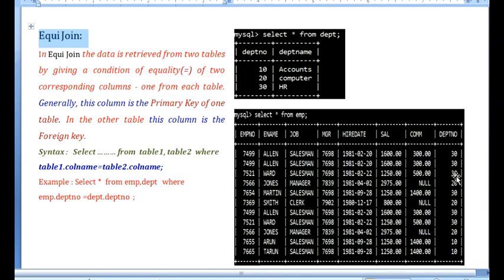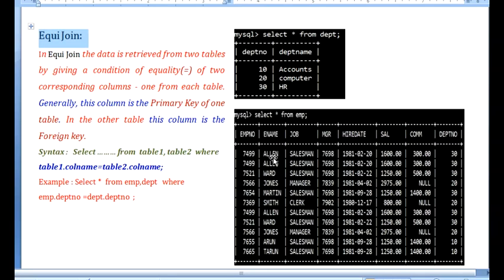As an example, I want the department name of Alan, whose employee number is 7499. How do we identify it? If we manually observe the data of the two tables, we first go through the first table.